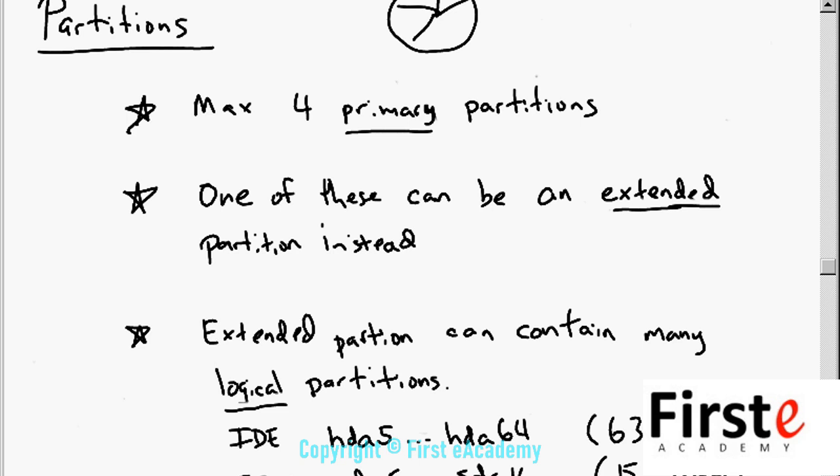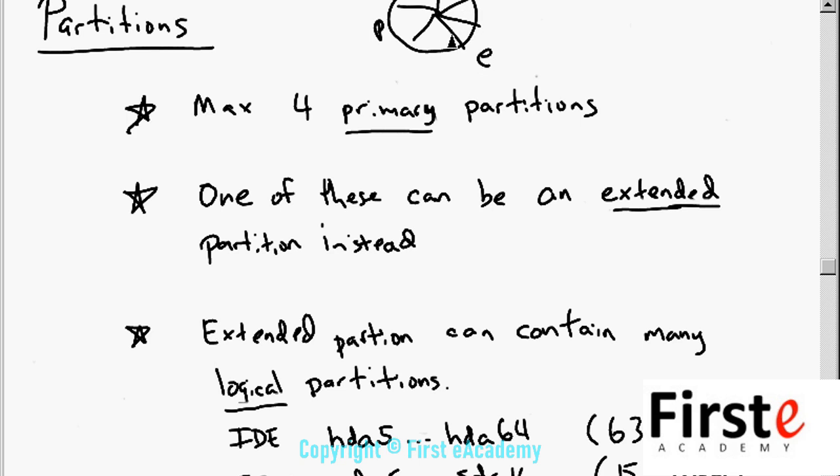If we wanted more than 4 partitions on our system, we would make 3 primary partitions, labeled here with P's. Then we would make 1 extended partition, this whole big chunk, and we would chop that extended partition up into little logical partitions. Okay, so now we've got 6 partitions on our system: 3 primaries, 1 extended, and that extended contains 3 logical